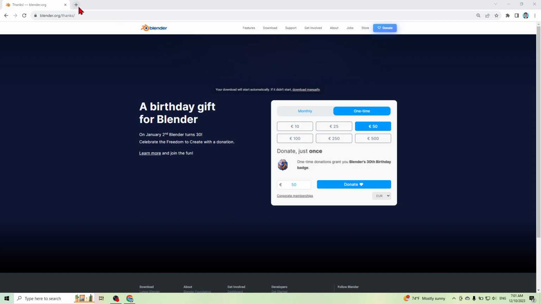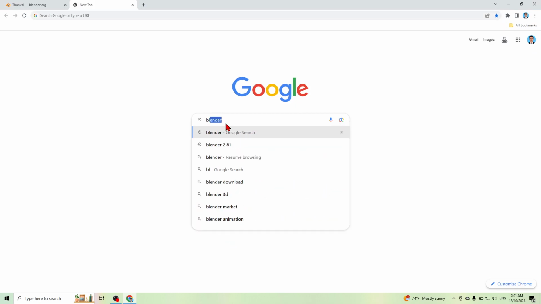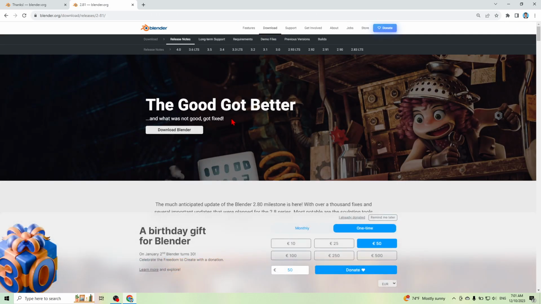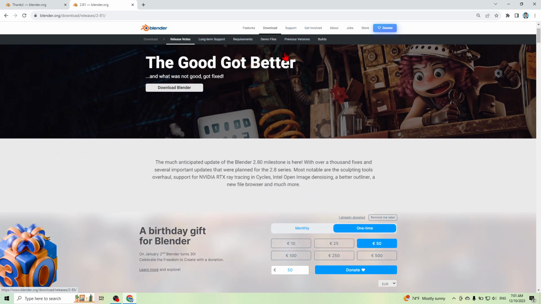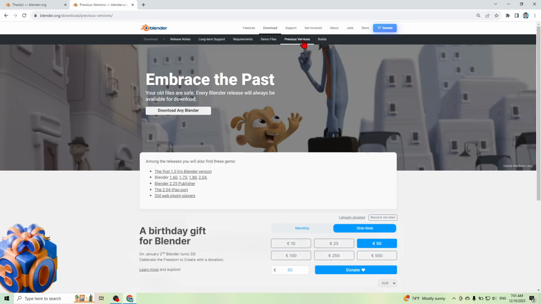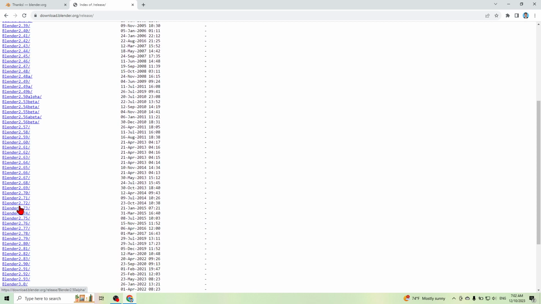And if you don't download like this, you can go to Blender 2.81, and then go to blender.org, and you can check the previous versions, and then go to download any Blender, and you can see all the versions of Blender,